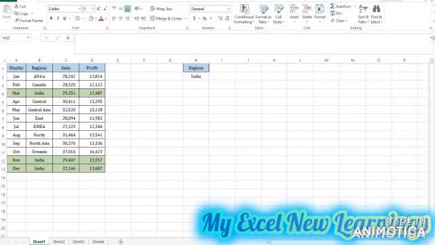Today in this video we will see advanced filter options. Here I have some data, and here this is my criteria. So I want to filter the data for region India, and I have to copy paste. When we use a basic filter, we have to filter it on the place, then copy and paste the data to the other location. But by using the advanced filter, it will sort out as per your criteria and it will paste to the location where we want. So we will see how the advanced filter will work.